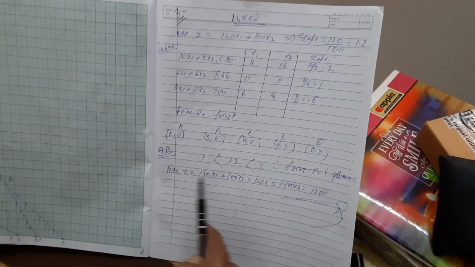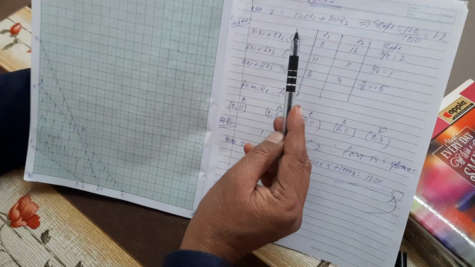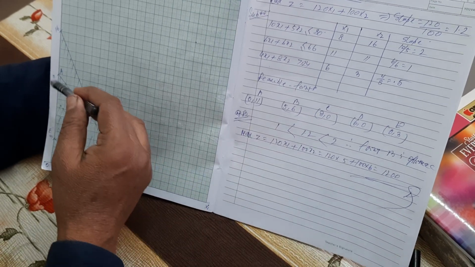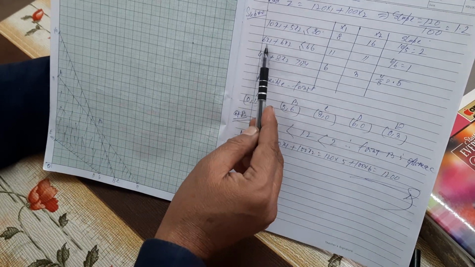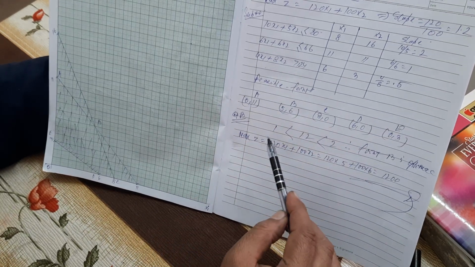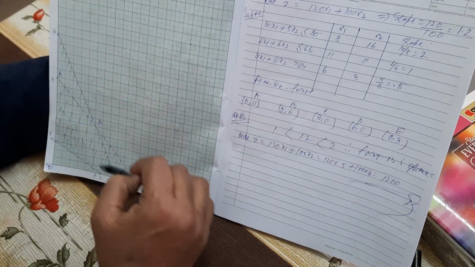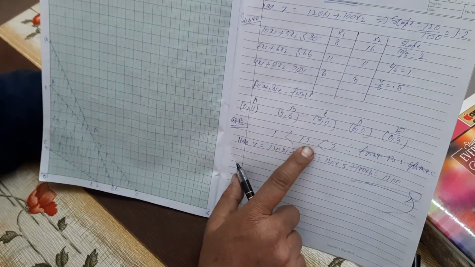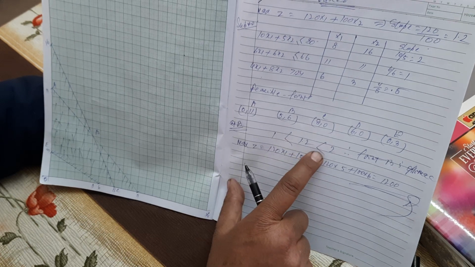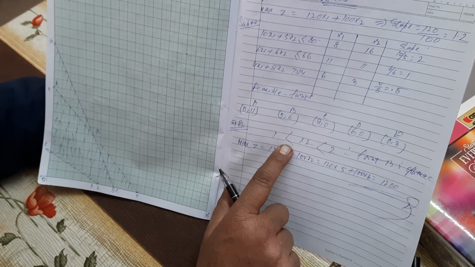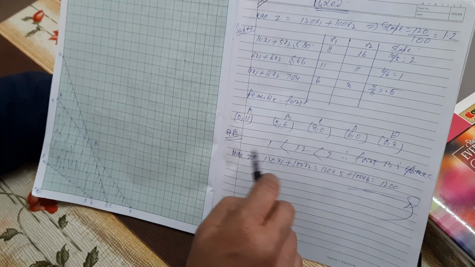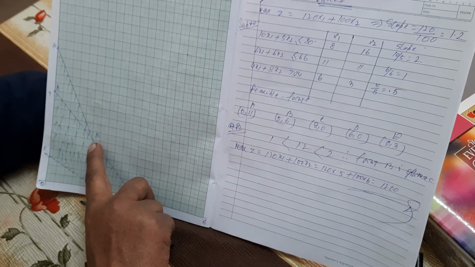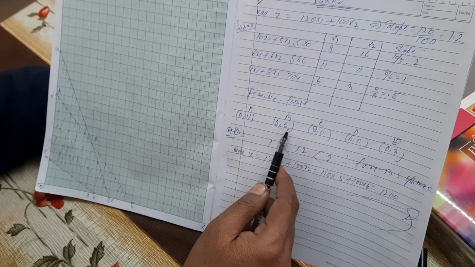So at B, we see that the objective function slope is 1.2, and the slope of one line is 1, that is 6x1 plus 6x2, it has slope 1. And the slope of 8 and 16 is 2. So absolutely 1.2 is greater than 1, less than 2, obeying the slope criteria. So this is the optimal solution, and hence Z is optimized. Z is maximum at point B, and for B we have the coordinates 5 and 6.